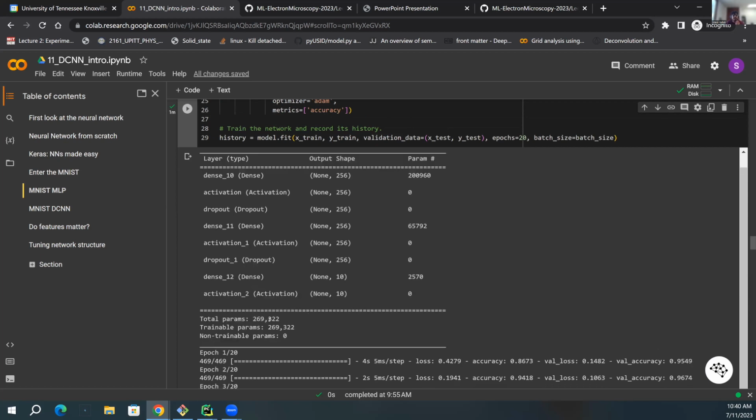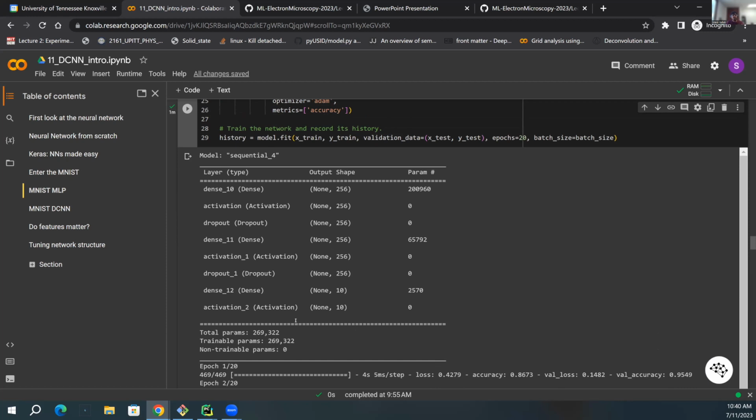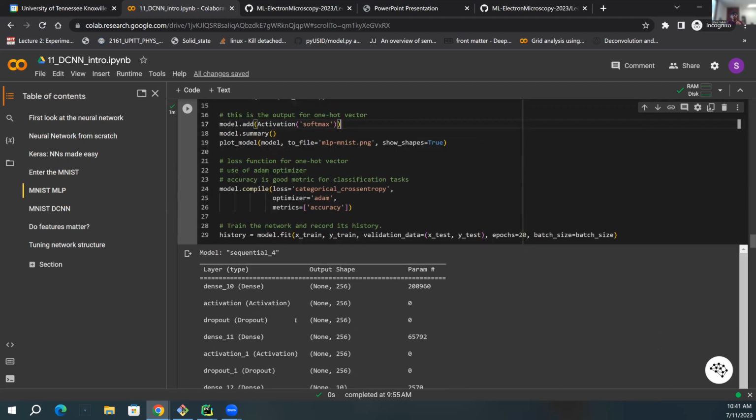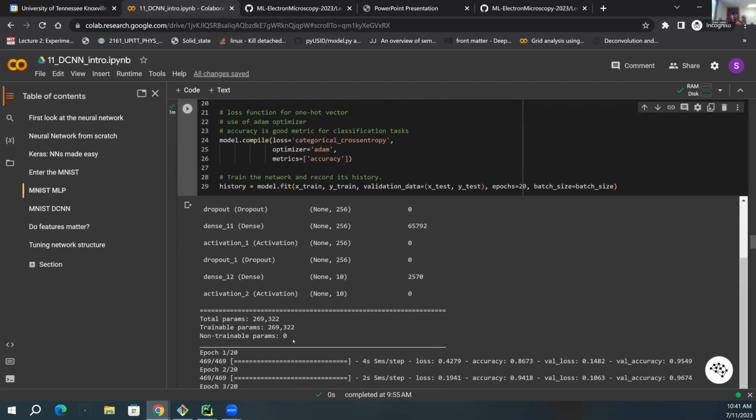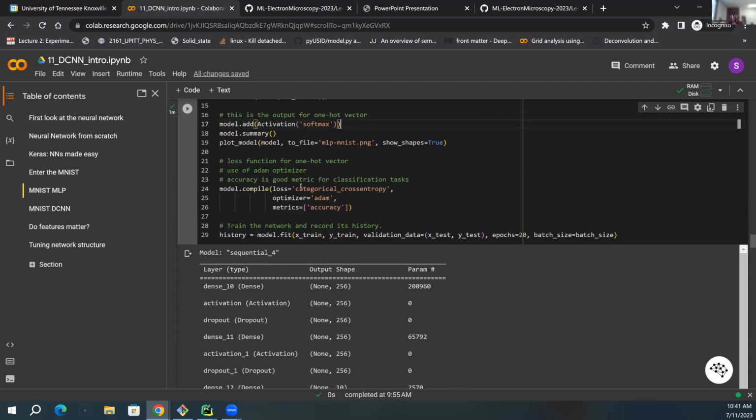to be 270,322 parameters, which are insanely large by any stretch of the imagination. But that's what you need to get used to, these numbers. These are the usual number of parameters that are present in any so-called deep neural network that you are going to come across. So now we are going to compile the model, which is going to be the loss